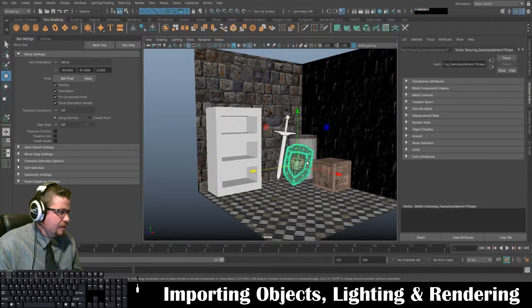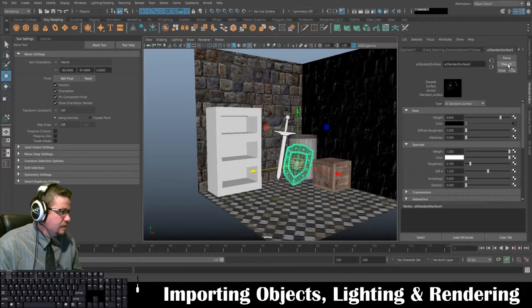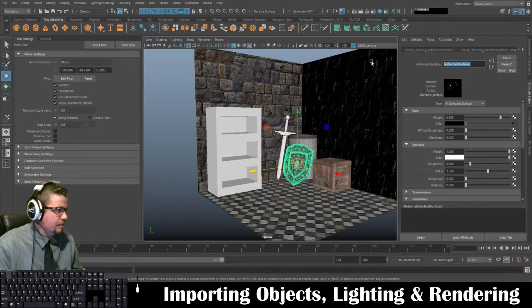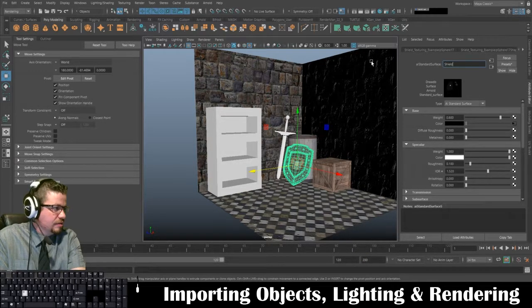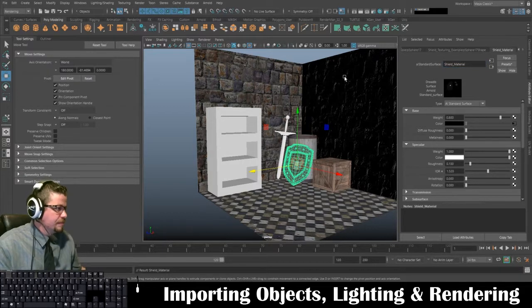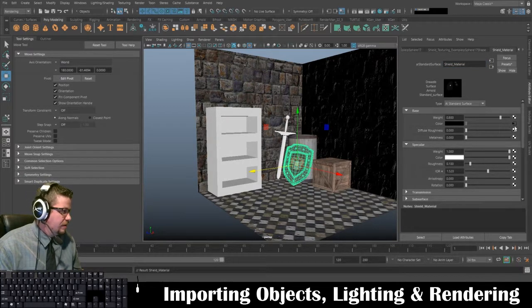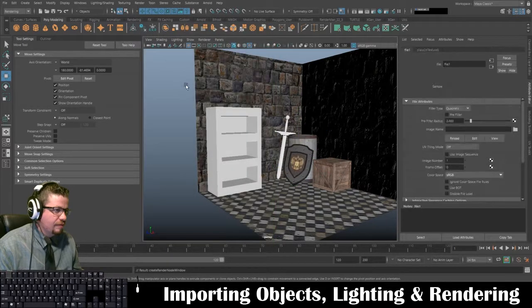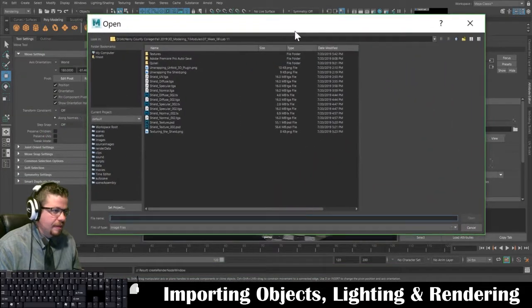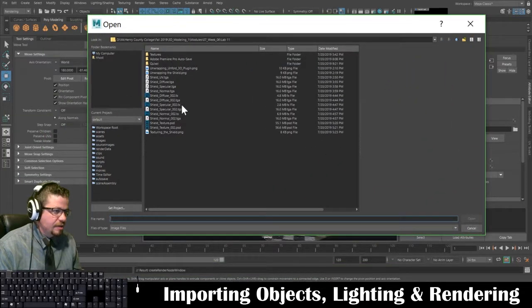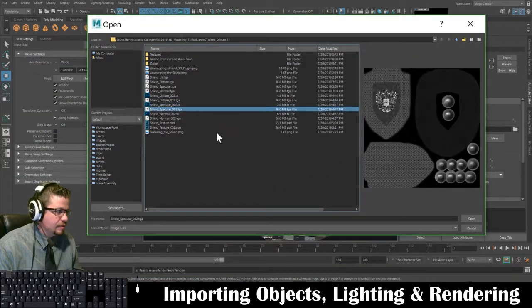and then I'm going to do the same thing for all of these. I thought I labeled this. Oh, maybe not this one. Shield material. And I have the color assigned. I'm going to go over here to specular. I'm going to click on there, go to file. I'm going to click on locate the file, and shield specular, this one. Click open,